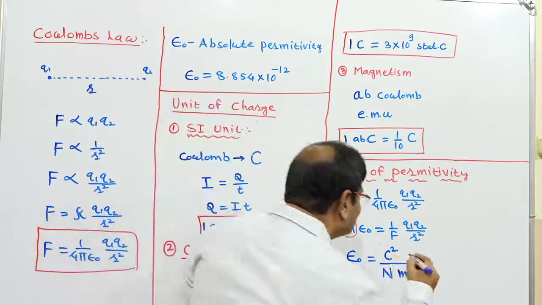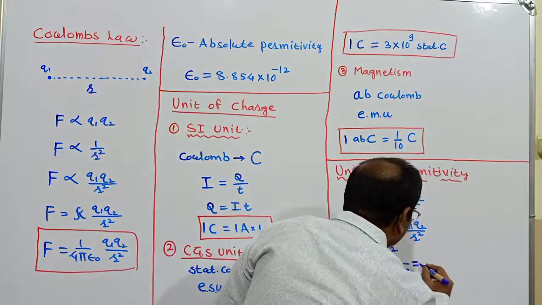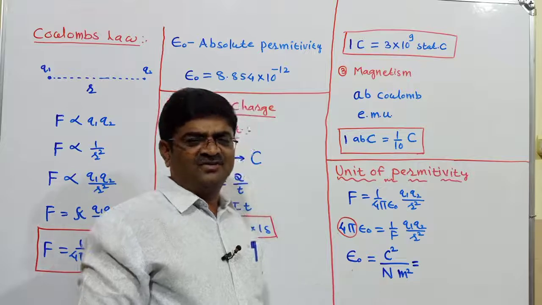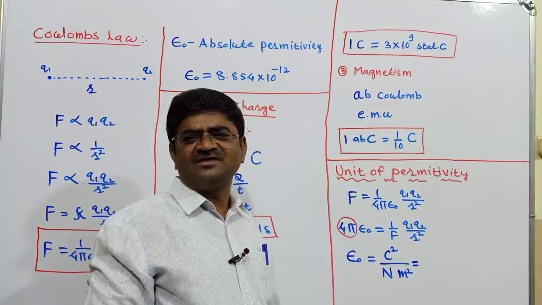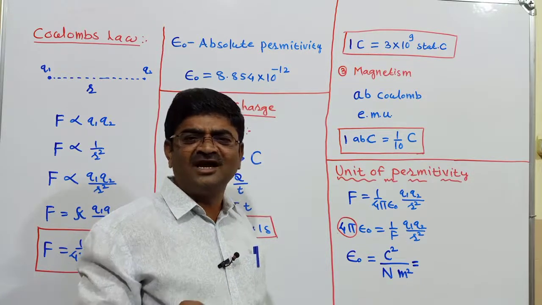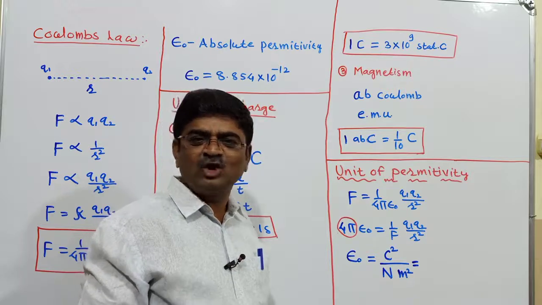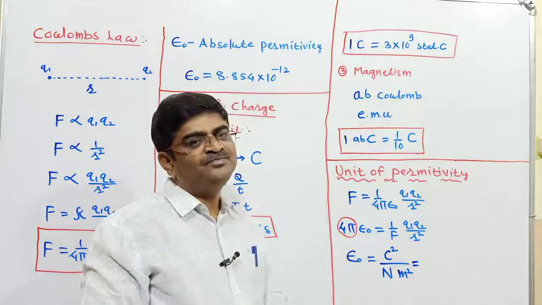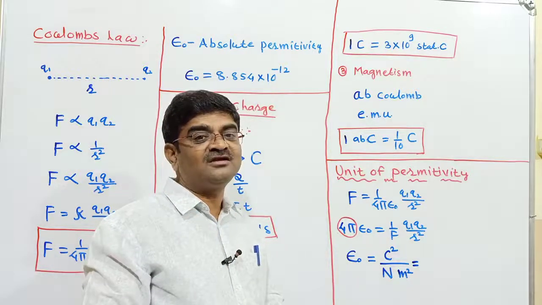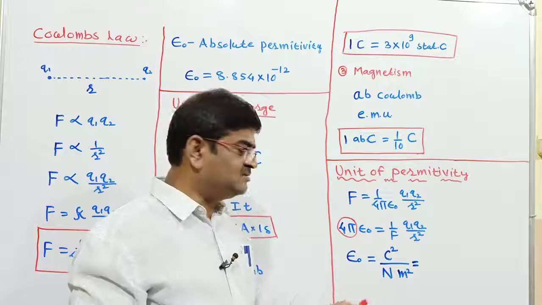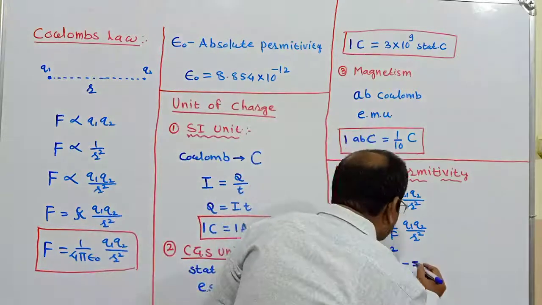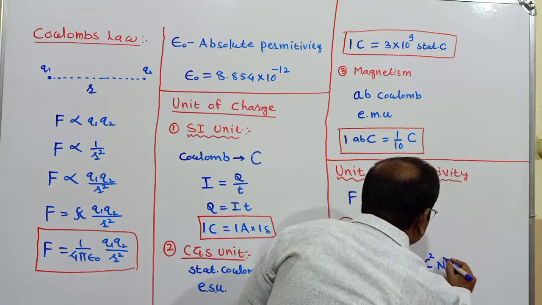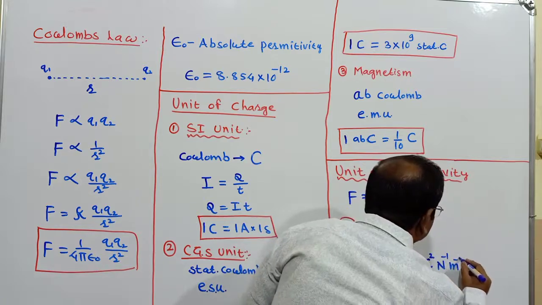So I write this as per the rules for writing the unit. Of course, nothing wrong, but let me follow that. Unit of a physical quantity needs to be written in a single line. And while doing so, whatever terms you have got in the denominator need to be taken in the numerator by assigning a negative power. And that's what I will do here. So the unit of permittivity I have is coulomb square per Newton per meter square.